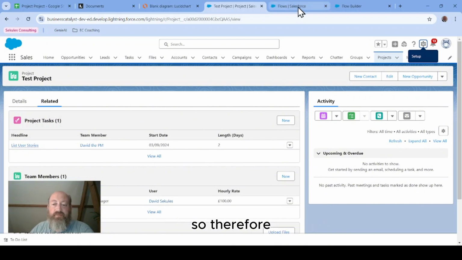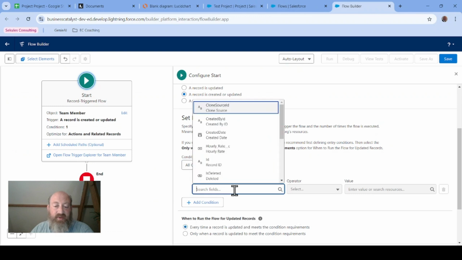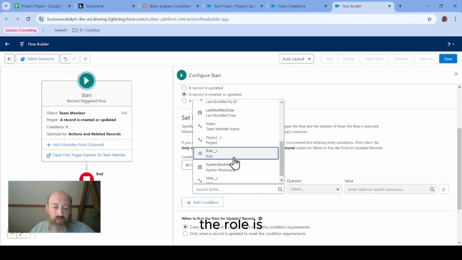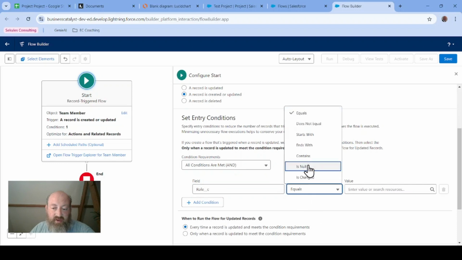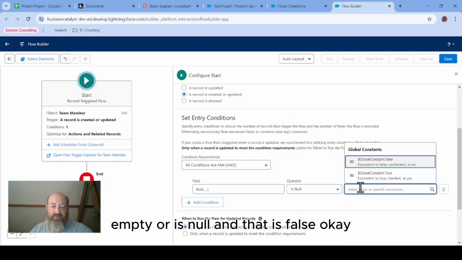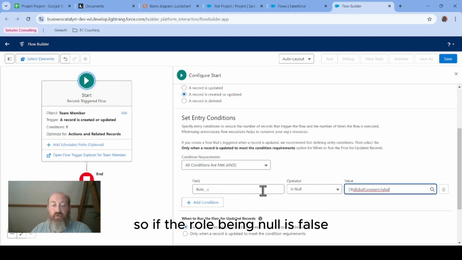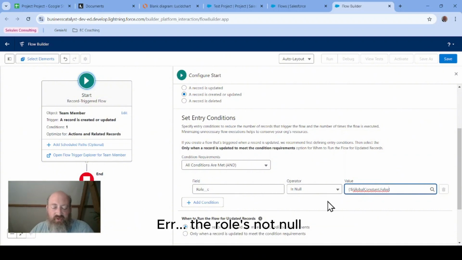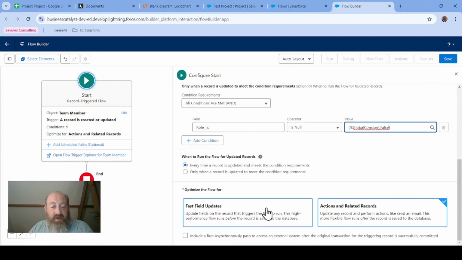So therefore, it should be okay to say that the entry criteria is that the role is empty or is null, and that is false. So if the role being null is false, then that means the role is not null. Okay, and the key thing here